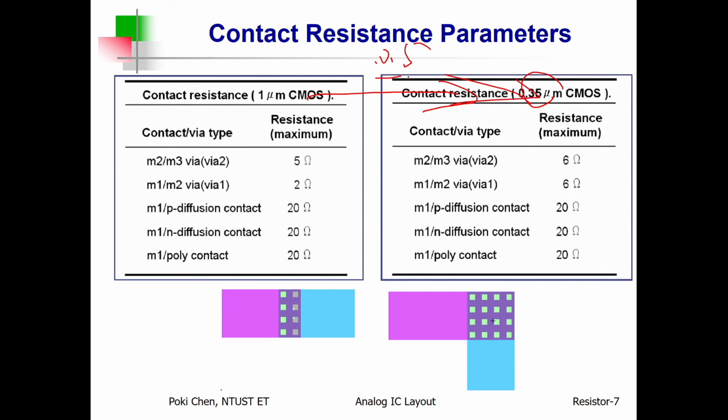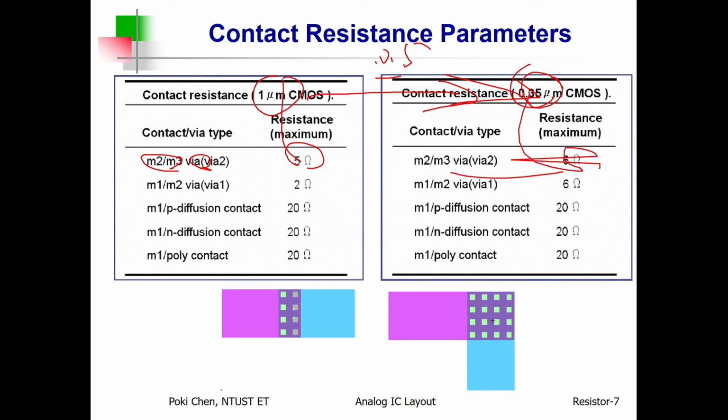Wow, there are already 2 generations of difference. But how much difference in resistance? Almost none. You can see for the via between metal 1 and metal 2, it is 5 in the 1 micron process. It becomes 6